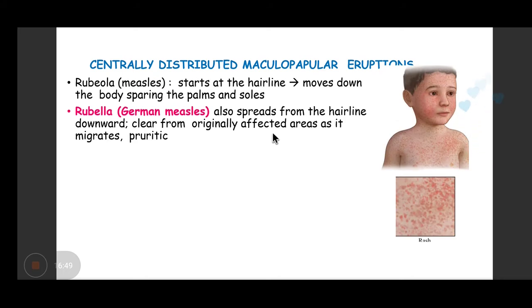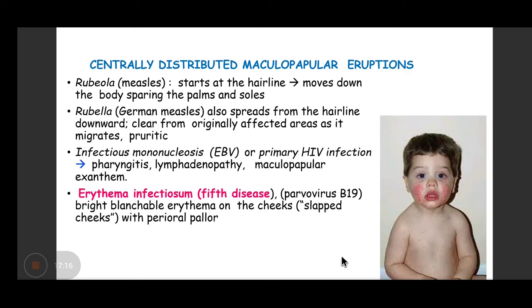In measles, the rashes start from the hairline and they move downwards to the palms and soles. In rubella, they also start from the hairline downwards, but they clear from the originally affected areas as if they migrate. In measles, all the rashes are present at a time, along with fever. They are maculopapular exanthem. Infectious mononucleosis or primary HIV infection. Primary HIV infection can also present as just